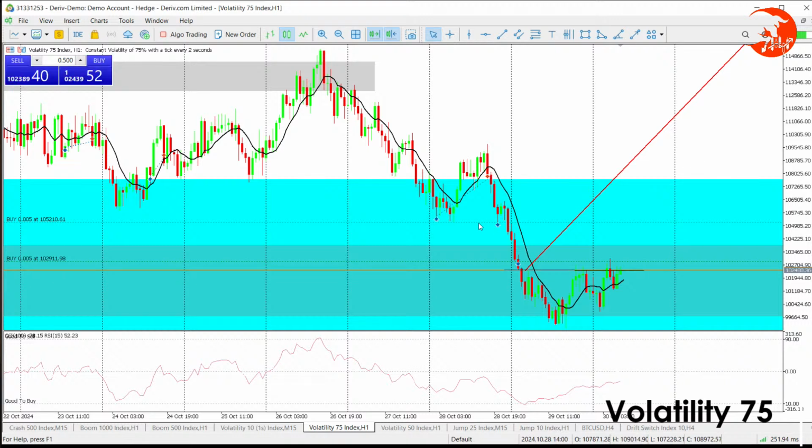Then later on it came, activated the sell, the buy limit there, and went ahead, activated even the ones that were below here. And currently we've been in floating losses for the past